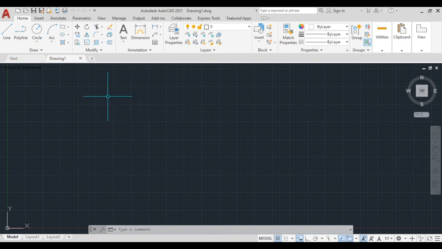You draw with the help of these tools. These are very helpful tools, so before using them you must know about them. First of all, here you can see the gear icon, which is called workspace switching. If you click this drop-down menu,